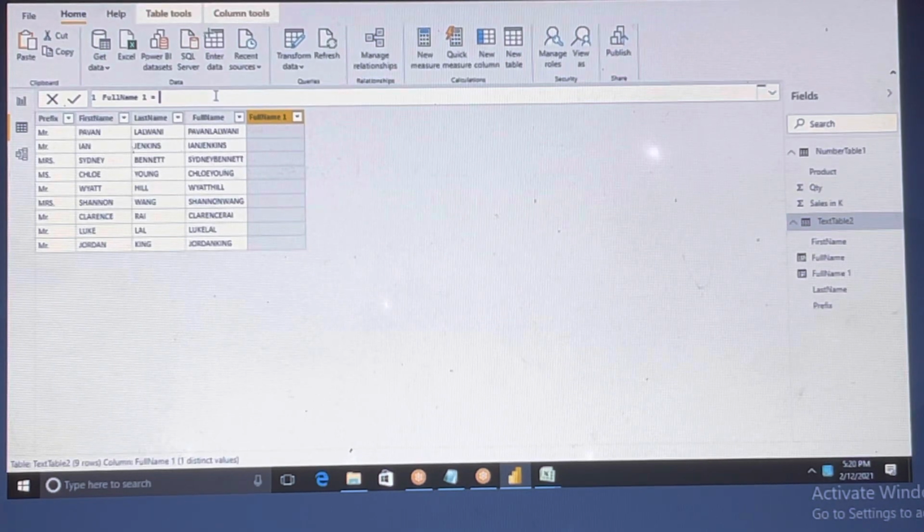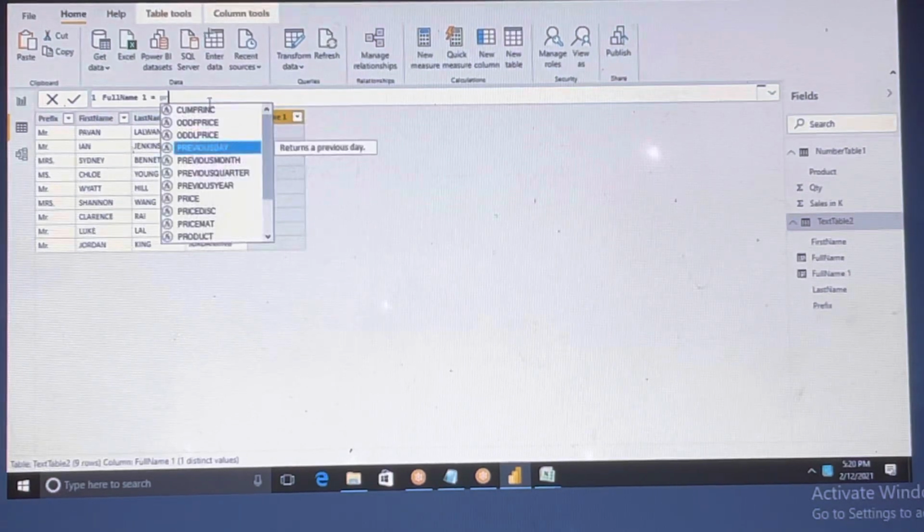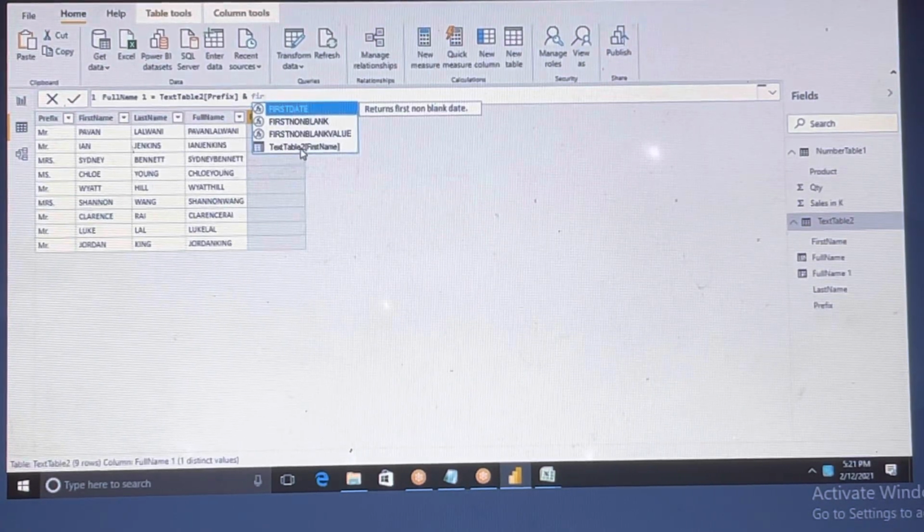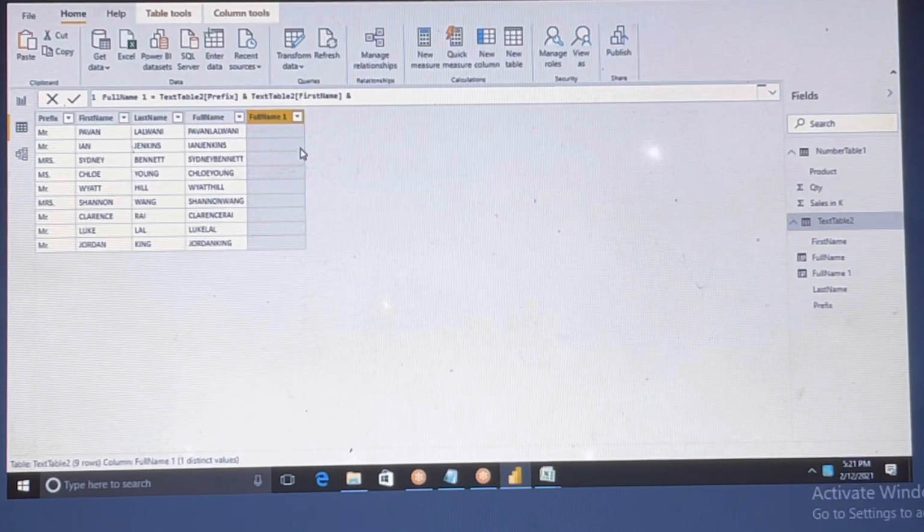Because concatenation, we can concatenate only two columns using the concatenate function. But here we have three columns, so how will you do that? That's a question mark, right? What we have to do is, first, prefix. If you want to concatenate more than two columns, where two columns you can use concatenate, if it is more than that, you have to use prefix and ampersand first name and ampersand last name. Okay, last name. If you enter it,